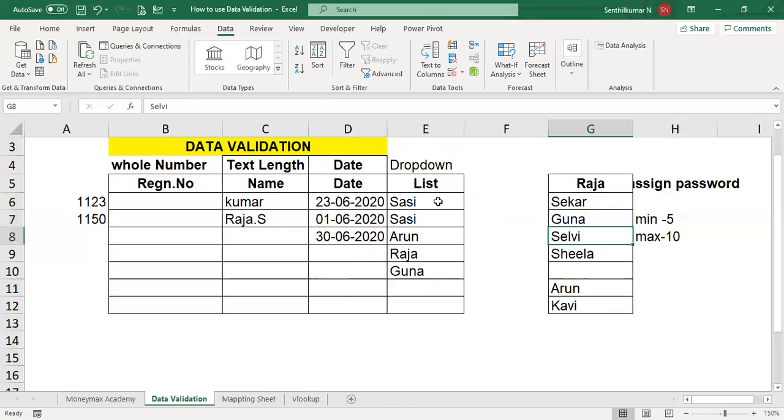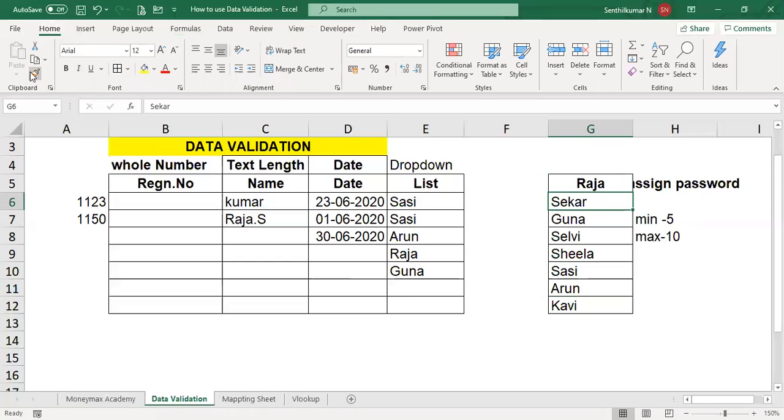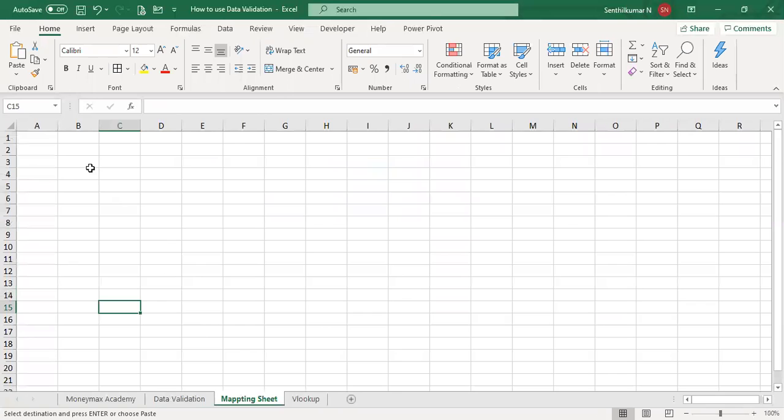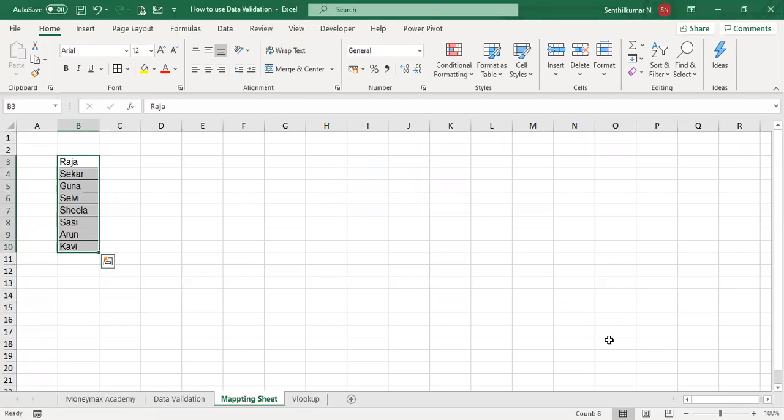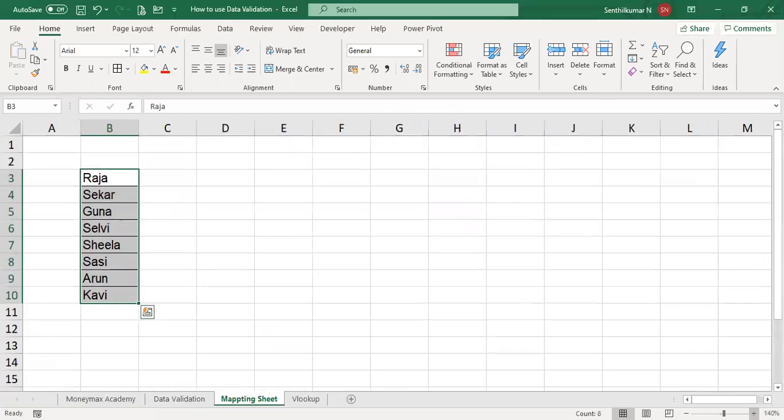So what we can do, we don't want to delete the original data. In this kind of situation, we can create one new, separate sheet and keep it protected. Why? Because if you have deleted the master data, the result also will be difficult. Now you can get the master data.